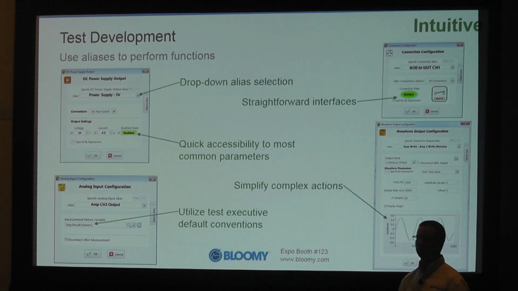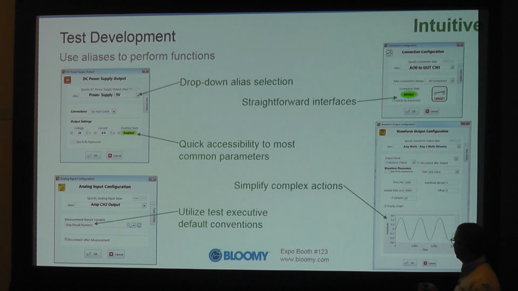Complex actions. A lot of this is GUI driven, and so you can simplify a lot of what you're trying to do by doing error checking and looking for potential problems in what they're doing. In this case, if they're creating a waveform and they want to make sure that it looks right, you can show what that output waveform is going to look like before they even finish developing a test. So rather than having to execute to a certain point and throw a scope on it to see what's happening,